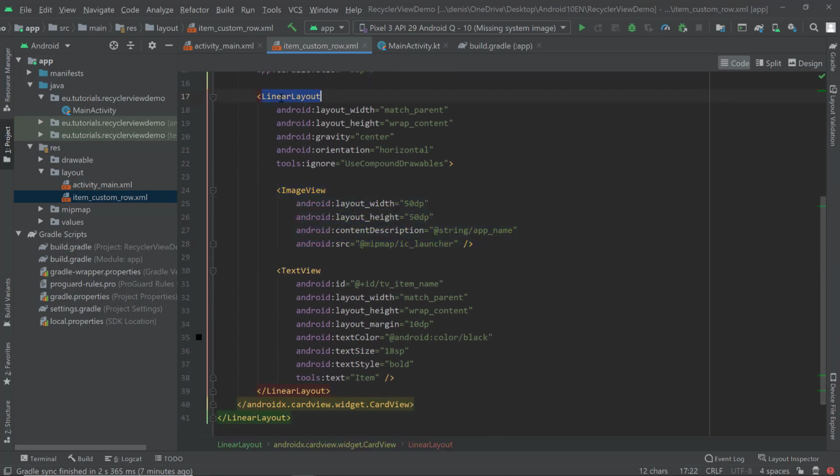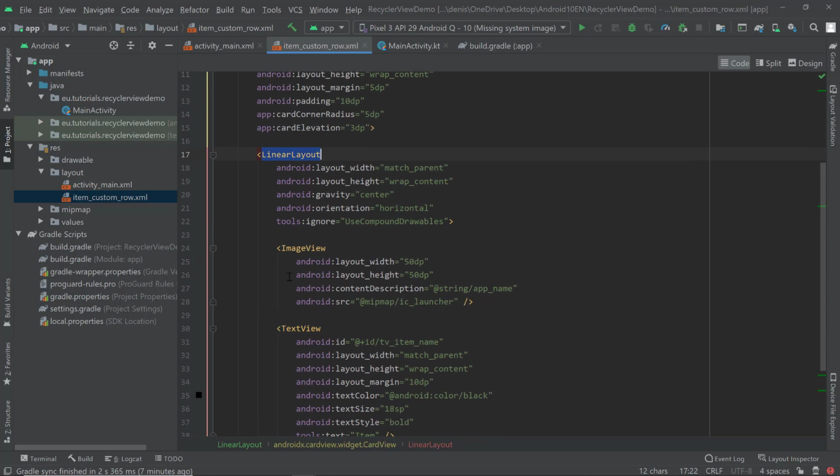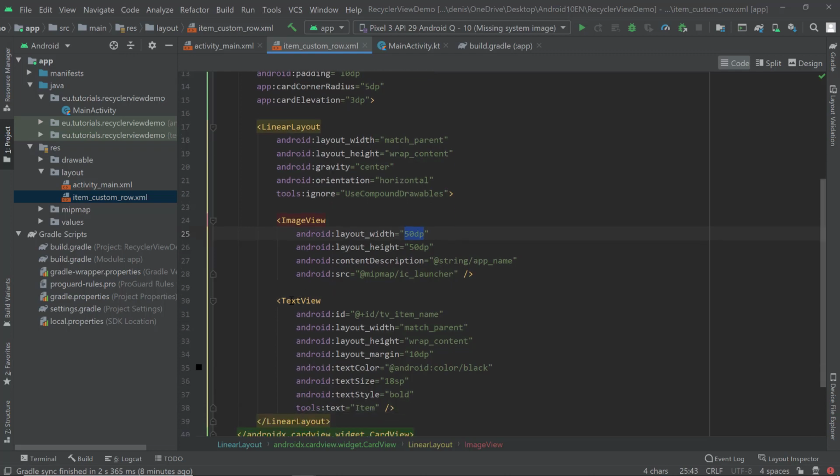So this linear layout is basically only there to make sure that this image view as well as this text view are next to each other and not on top of each other as it would be by default. So we're using this linear layout to say, okay, please make sure that the orientation is horizontal, and then we have this 50 density pixel width and height image,